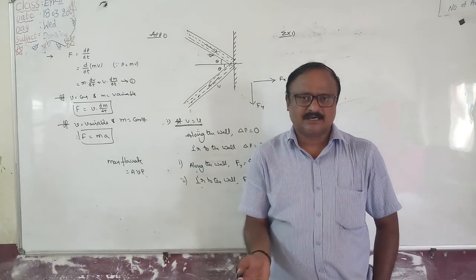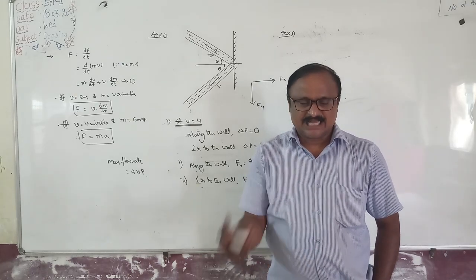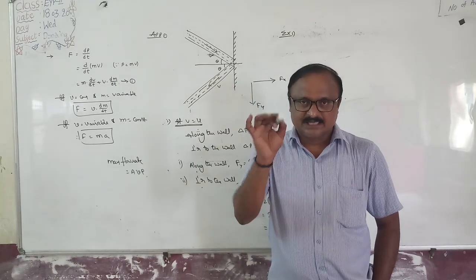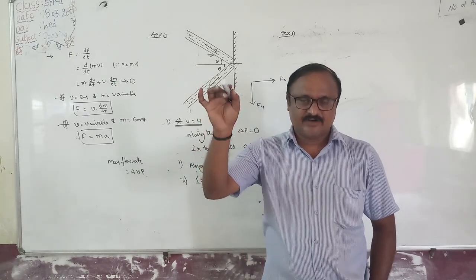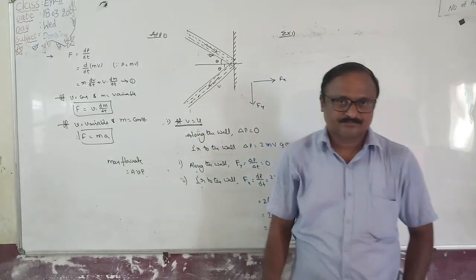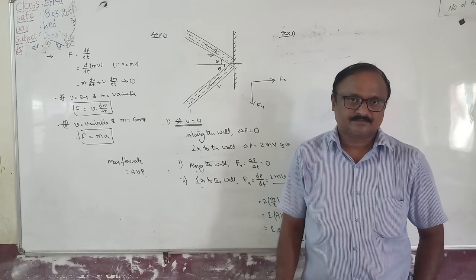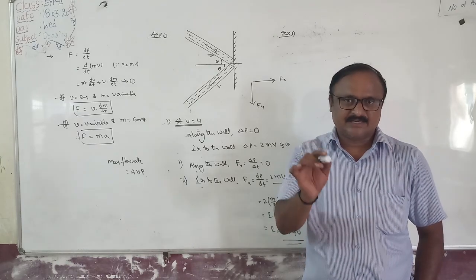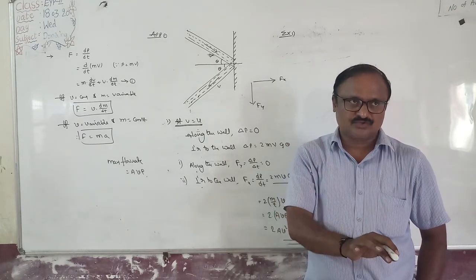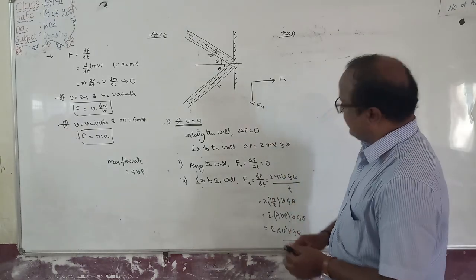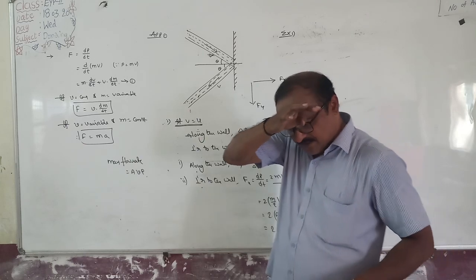Force is a vector. Vector means it has a direction. What is the direction of force? It is always along the direction of rate of change in momentum. That point is compulsory in your brain. Rate of change of momentum should be equal to force. Both will be in the same direction.